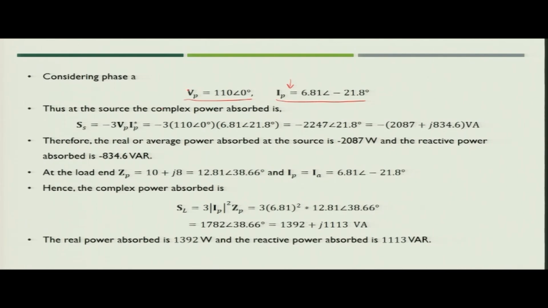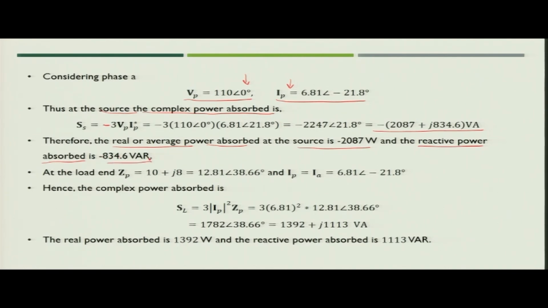Now, when you have Vp and Ip calculated, you can find out the complex power absorbed at the source. Now, since you know that source generally supplies power to the load, so if you are asked to find out the power absorbed, that means you will have negative sign in that. So, total complex power absorbed by the source will be equal to minus of 3 per phase voltage Vp into Ip conjugate. These two values you already have. So, when you put those values and simplify, you will come to know that the real or you can say the average power absorbed at the source is minus 2087 watt, while the reactive power absorbed is minus